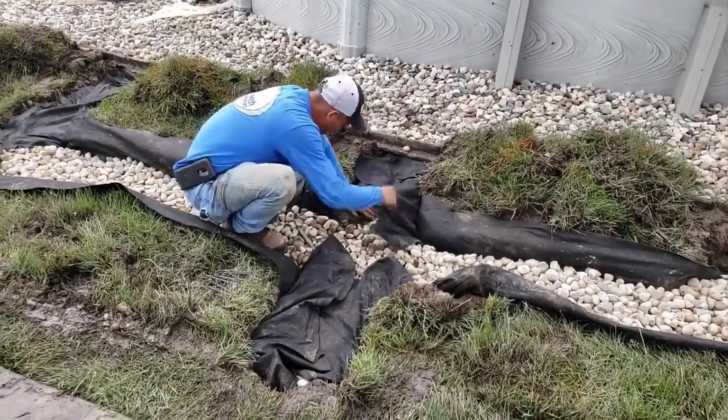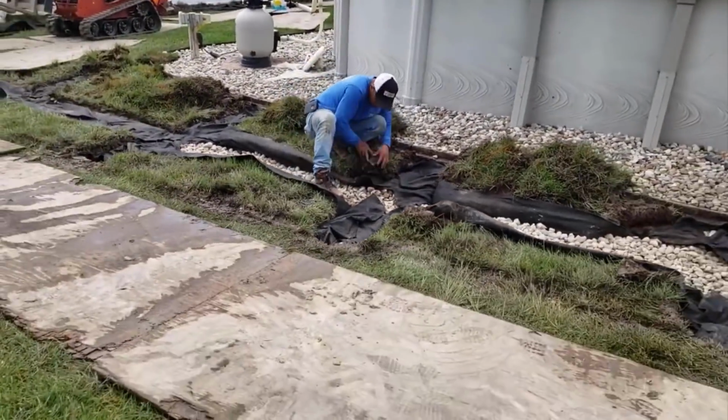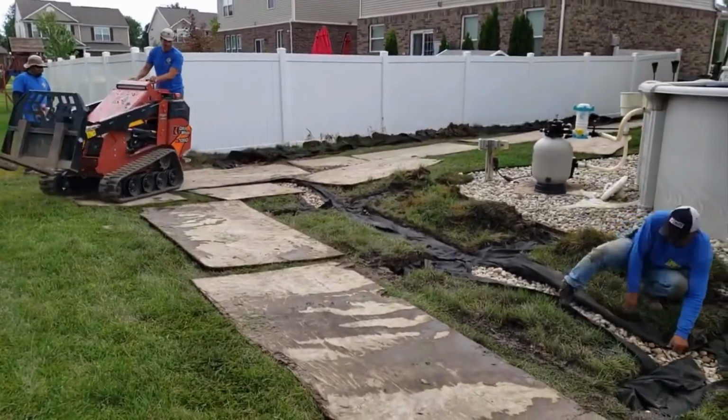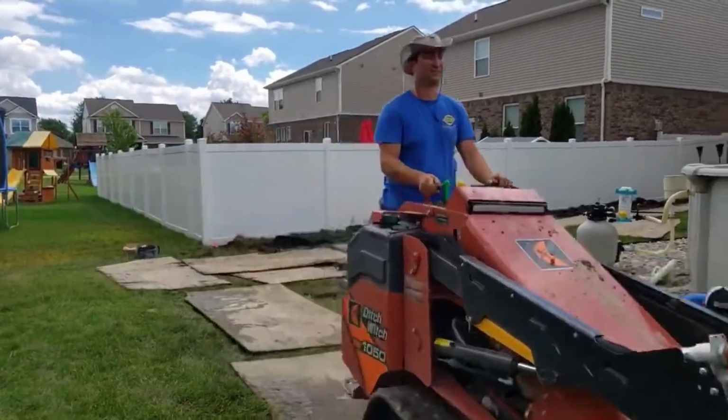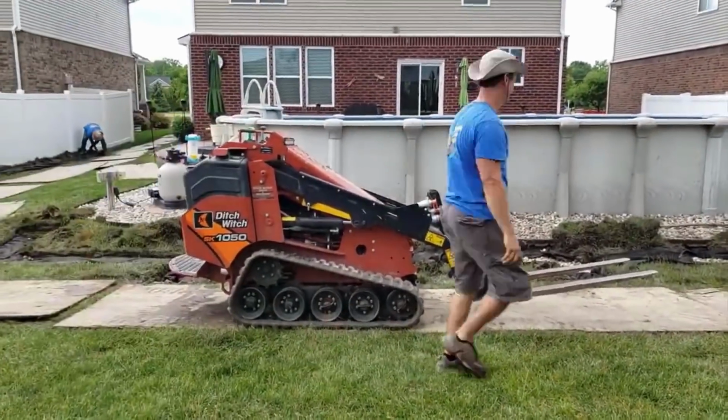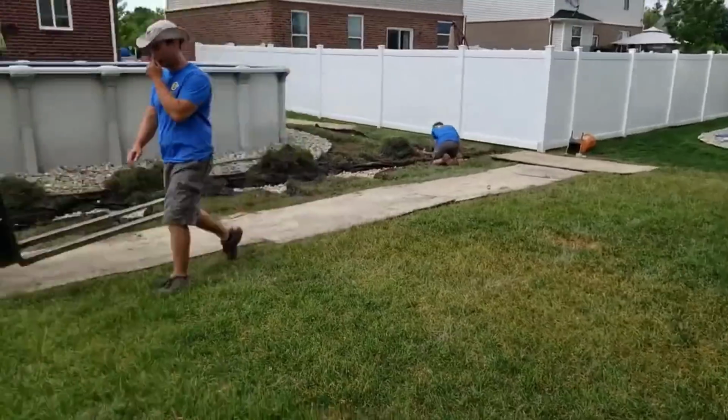You get it in the bucket of the mini skid loader, the Ditch Witch, and you take it, and wherever it ends up at that point, you're done. You don't have to deal with it again. So hopefully you have a rented dump trailer, that's very popular now, so that you can take that dirt to